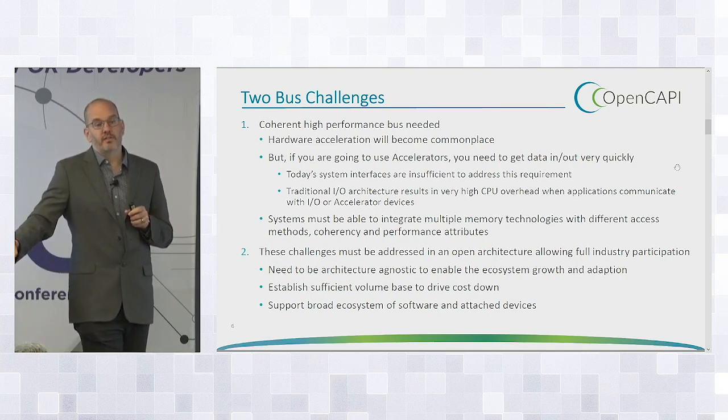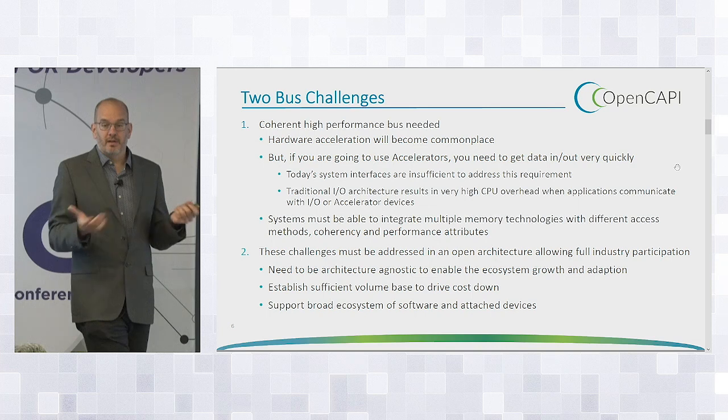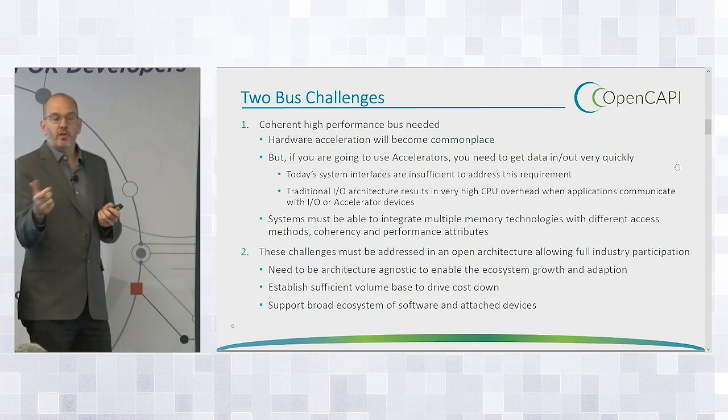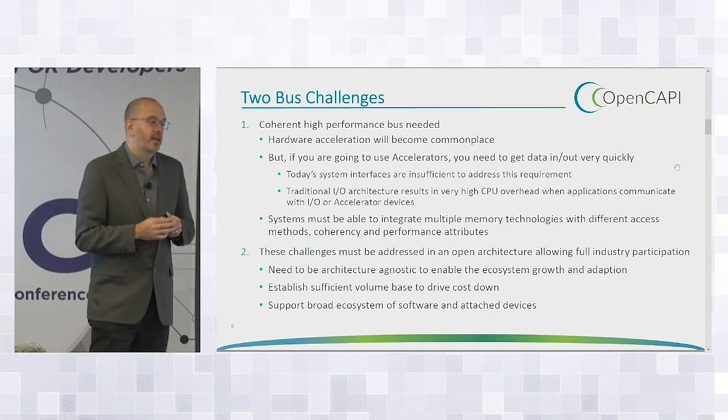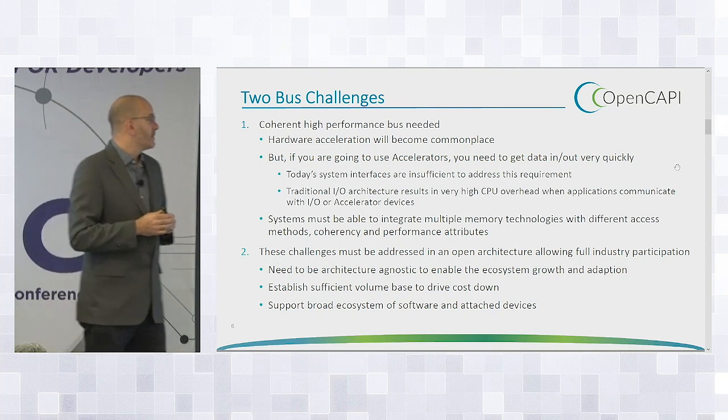Processors are expensive. We want to get full utilization of them. And if your processor thread's sitting there for 4,000 cycles waiting on memory or waiting on an accelerator, that really limits how well you can ship a little bit of work out to the accelerator and have it back. So we need to make things tightly coupled and low latency.